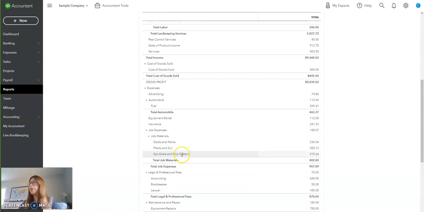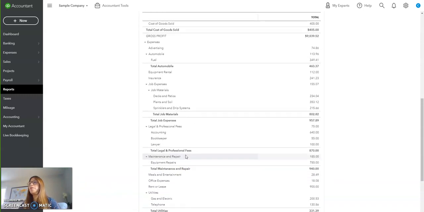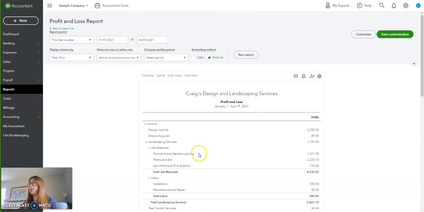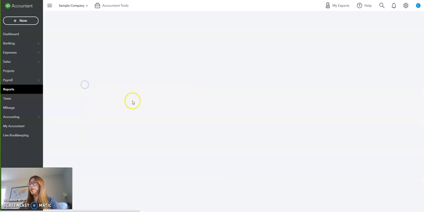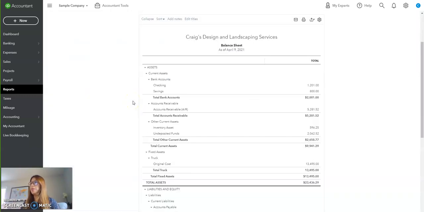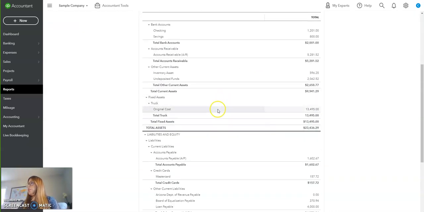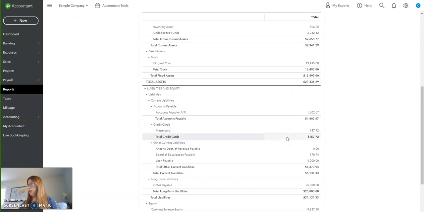They don't go here. I shouldn't say expenses. Those are where some of your cash outflows are going. They don't go here on your profit and loss, right? They are actually getting recorded on your balance sheet. So that's why you're not seeing that same amount on your profit. So here's your balance sheet, and I'm just going to go straight to those sections where that's making a difference in